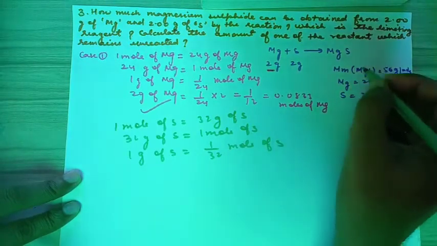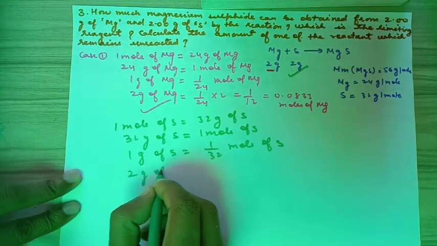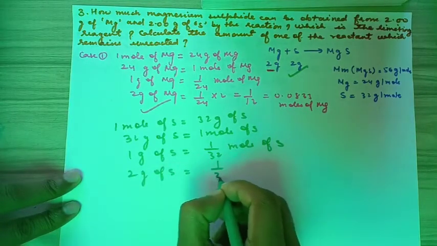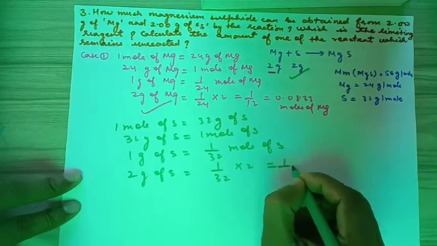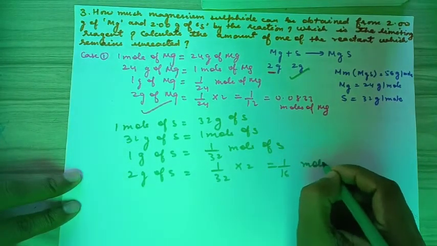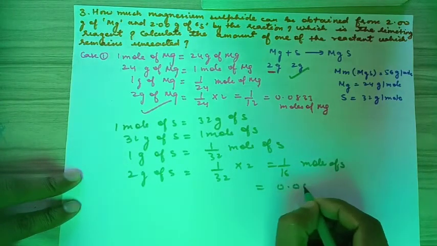So we have to find it for 2 gram. So 2 gram of sulfur will give us 1 by 32 into 2, and we'll obtain 1 by 16 mole of sulfur. On dividing, we'll get 0.0625